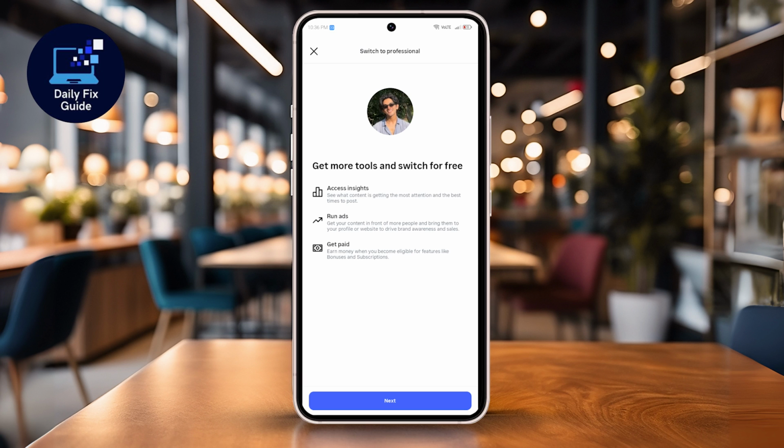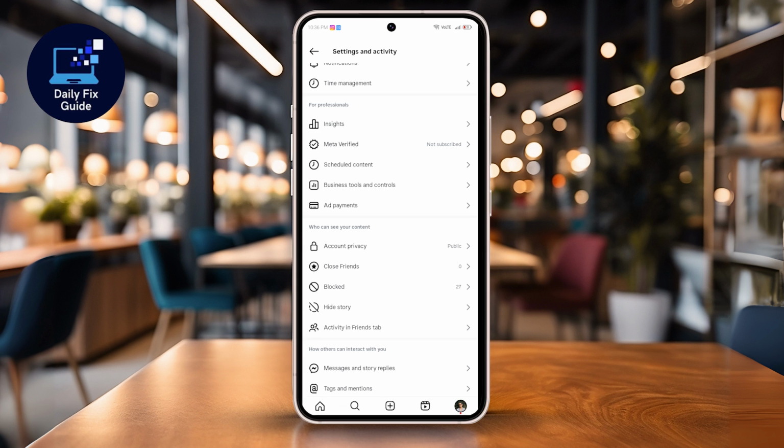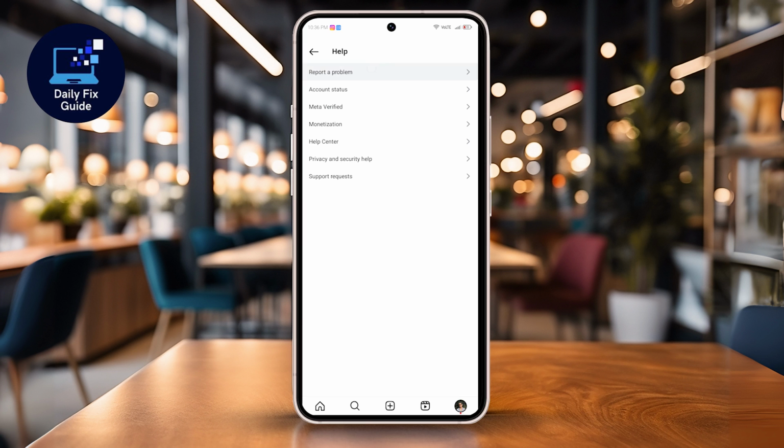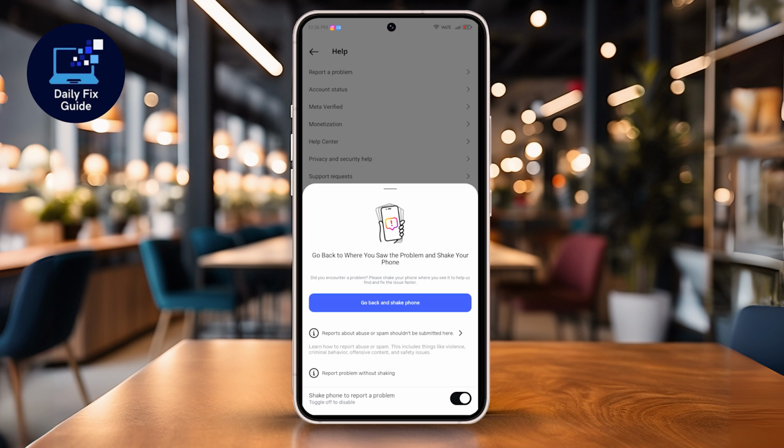Once your account is switched to a professional public account, you will be able to access more features, including broadcast channels. If you still do not see the option, go to Help in your settings. Tap on Report a Problem, or simply shake your phone, and the option to report will appear. Here, you can explain that you do not have access to the broadcast channel feature yet. After completing these steps, the broadcast channel option should become available, and you will be able to create one directly